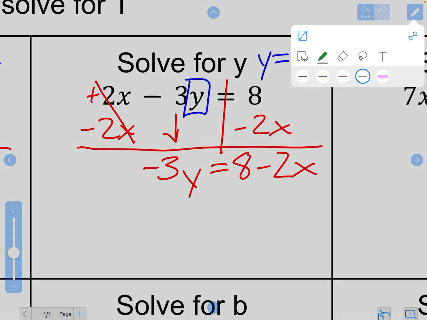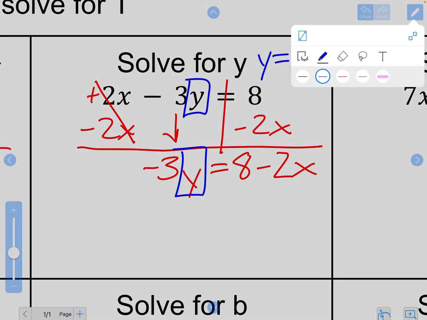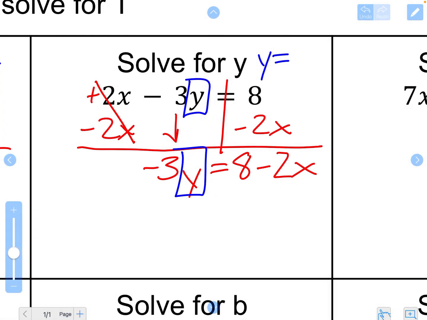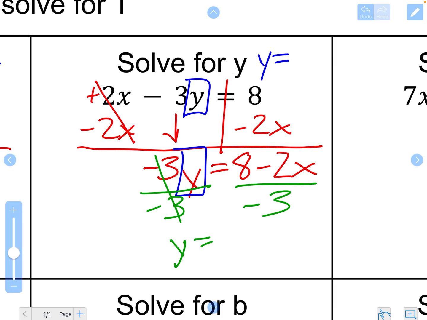I still need my y to be y equals. As long as that negative 3 is there, I've got to do something to make sure that it's just y. So a number next to a letter tells me it's a coefficient. To get rid of coefficients, I divide by them. What I do to one side, I do to the other. So it becomes y equals. And so now I've got to look through. What can I do to these,